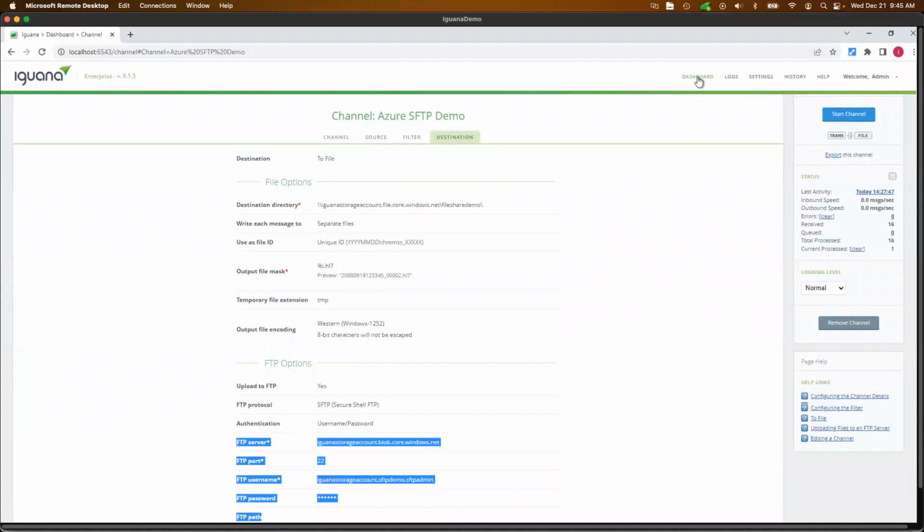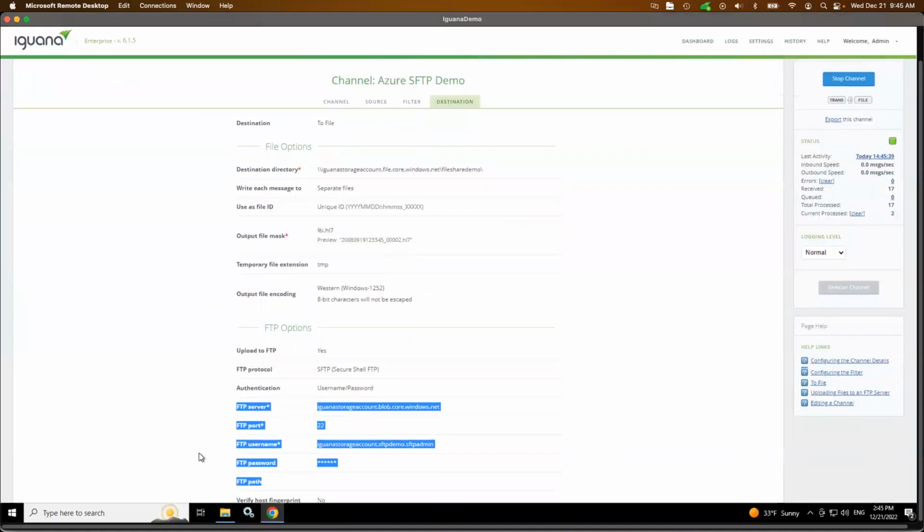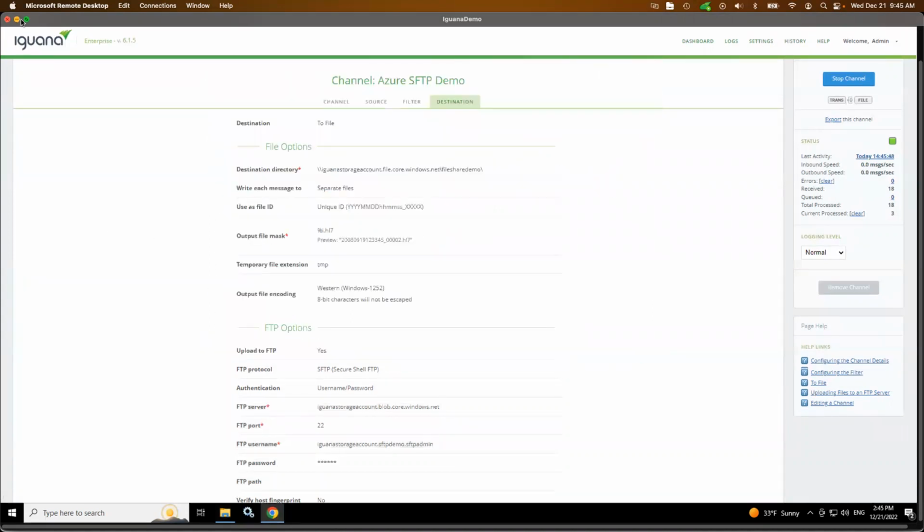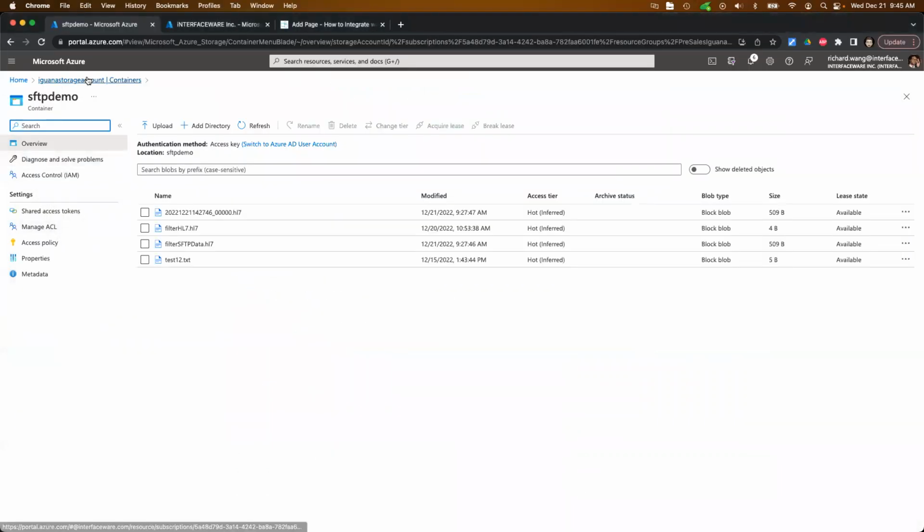Okay, so let's take a quick look and see how this works. So we're starting on this Iguana here, and you can see the message processing. While they're processing here, if you take a look here, the file was generated and it generated continuously. And while we're generating, if you monitor the file share part, if you go back to here,